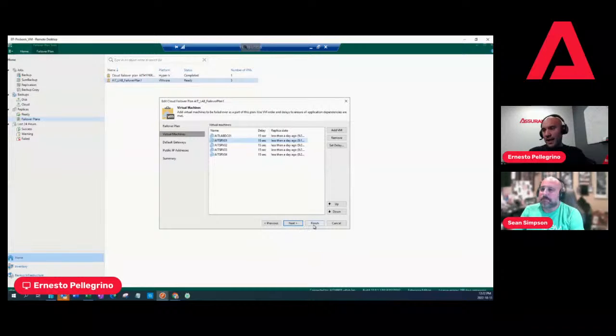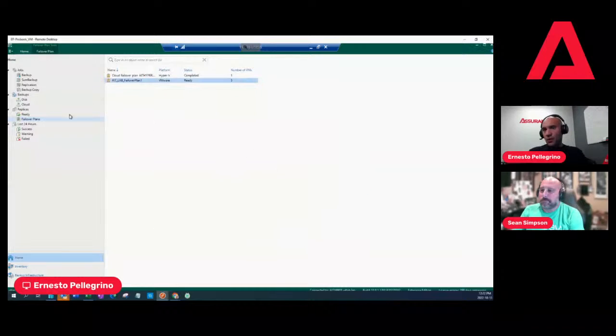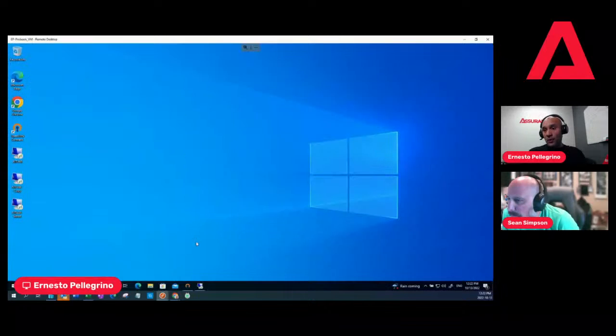So what we'll do now is really go through failover plans. In the event of a disaster, there's a good chance your Veeam Backup & Replication console is unavailable, right? So you need to be able to connect in, manage the environment, and kick off that start plan when that environment is not available. So what we do,